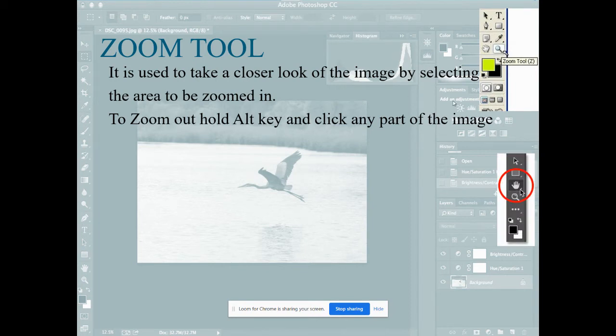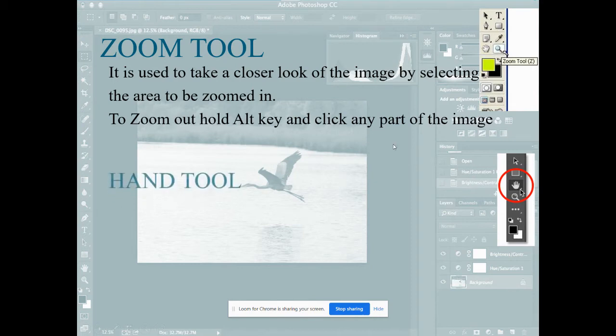And then this is your hand tool. So what is a hand tool? You might have seen in your PDF documents, you will be having a select tool and a hand tool. Hand tool is nothing but for navigation, for moving. Select tool is nothing but to select the lines within the document.